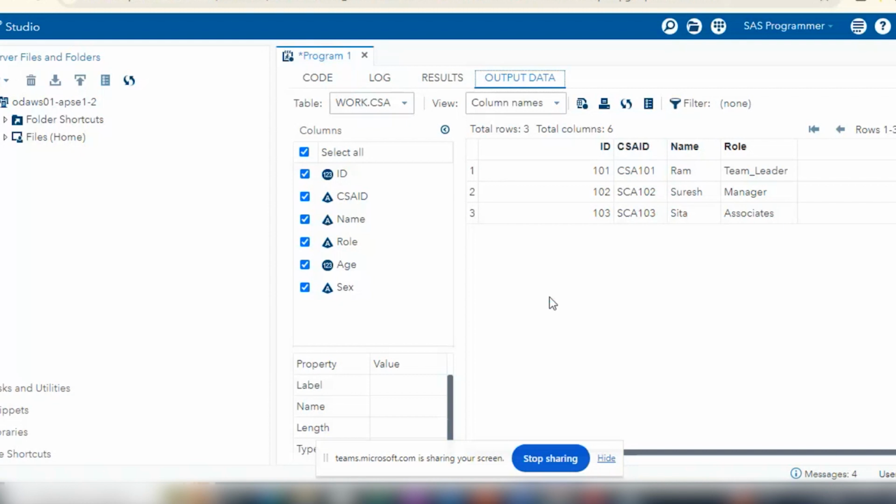You can see the numeric variable is shown like 1, 2, 3. That is the symbol representing a numeric variable. The character variable is shown with an A symbol, representing a character variable like name, role, sex. For ID and age, it shows a circular symbol with 1, 2, 3, which shows it's numeric. Now, if you have to check manually whether the type is numeric or character,